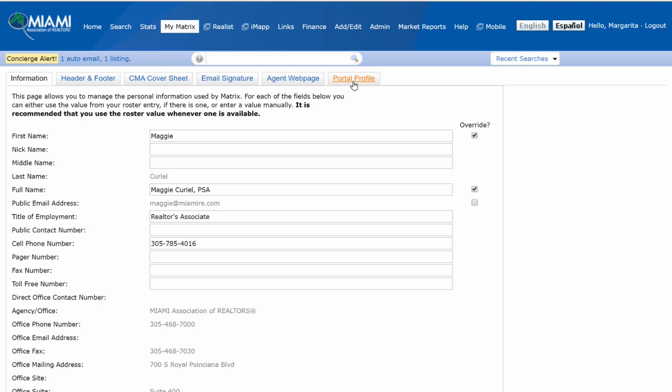And I'm going to go ahead and show you an example of what the customer sees once you send them listings so that you understand where this portal profile goes. All right, so let's go ahead and get started with your information. So this is pretty standard. As you scroll down, you can update your information, but I just want to point out that on the right